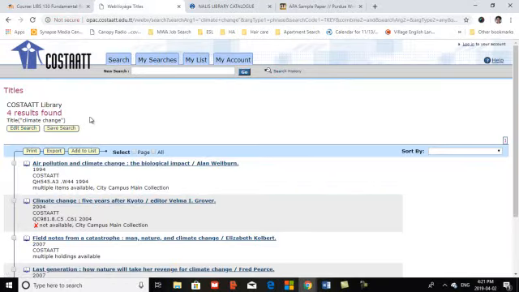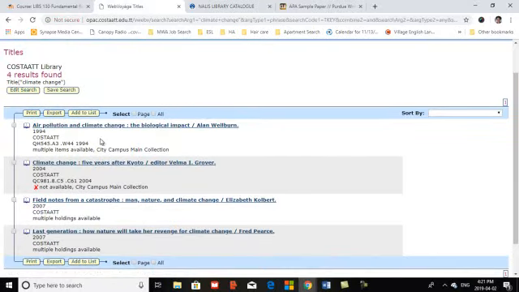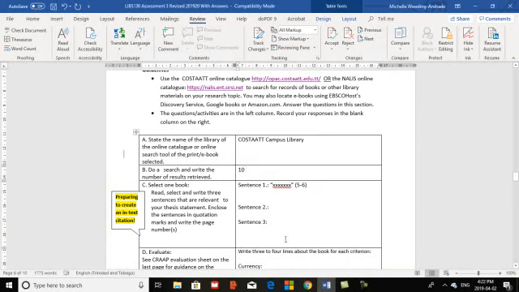and only 4 results. Right, so this helps me to narrow down my search a little bit by using the limiters because I want it to be that focused and targeted on the topic of climate change. So you will see each of these 4 titles has climate change in the title. Okay. All right. So if we go back to the worksheet,